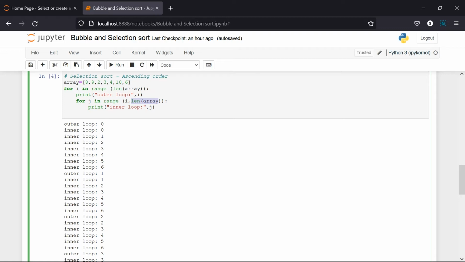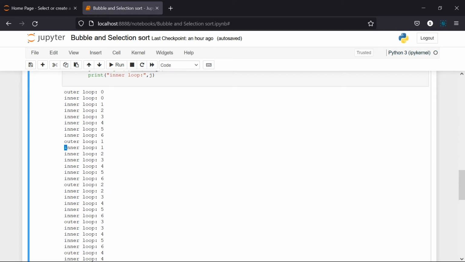So in this iteration you can see the outer loop is going to have zero, and after that the inner loop, how many times is it going to execute? It is going to execute 7 times. And after that the outer loop one more time it is going to continue, and then the inner loop is going to continue. It is going to leave the 0th position, and it is going to run for 6 times. So the 0th position is left because the position has been frozen.